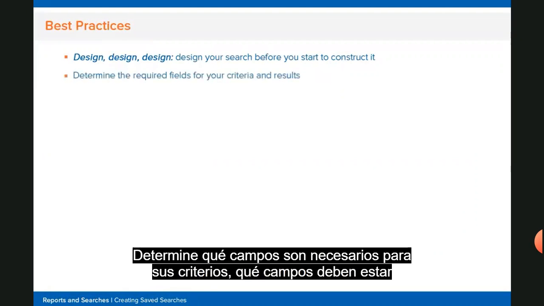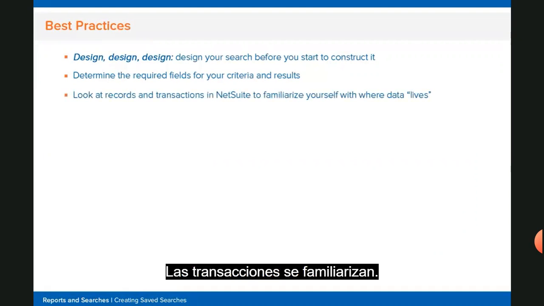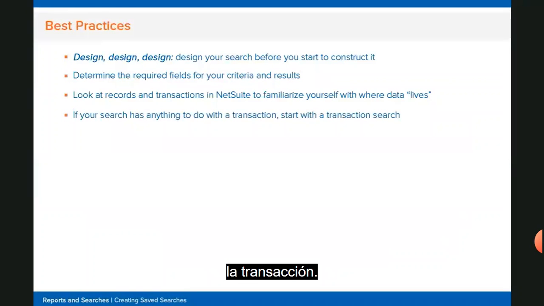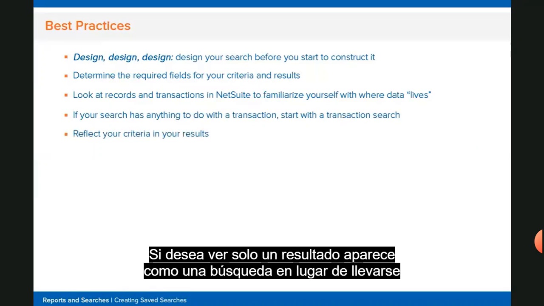Determine what fields are required for your criteria, what fields need to be in your results. Look at the records and transactions, familiarize yourself, own your data, where does it live? If the search has anything to do with the transaction, start with the transaction search. If you have criteria, make sure the criteria is reflected in your results so you can prove the concept. If you want to see only one result appear as a search as opposed to being taken to the record,